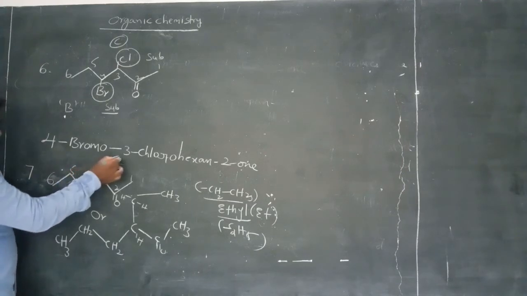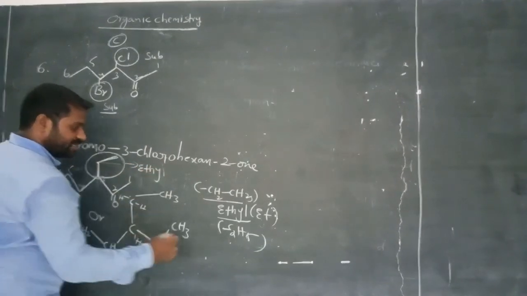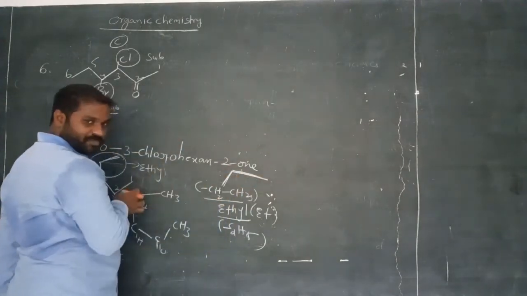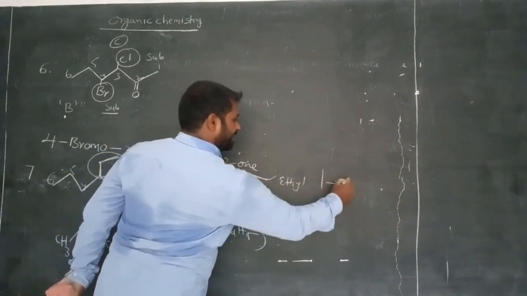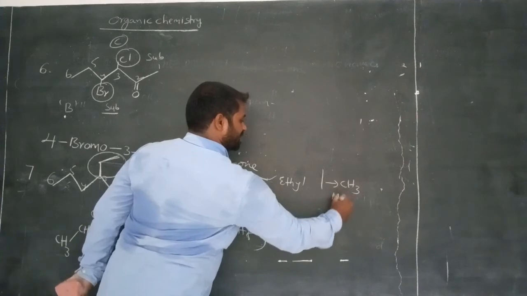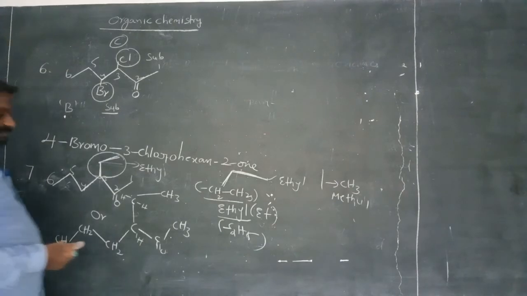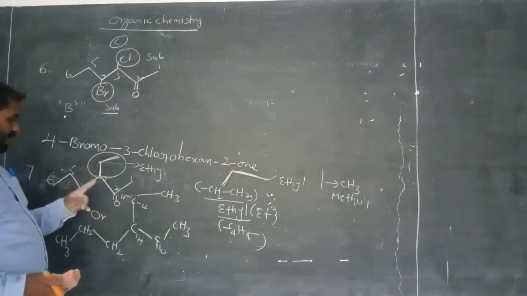So now what is the substituent? It is clearly an ethyl group. We have to identify it. This means if this type of structure is attached to the main chain, then we call it ethyl. Suppose like this, it is CH3, methyl. Okay, clear? Methyl. So now this is the ethyl group. At which carbon? Third carbon.